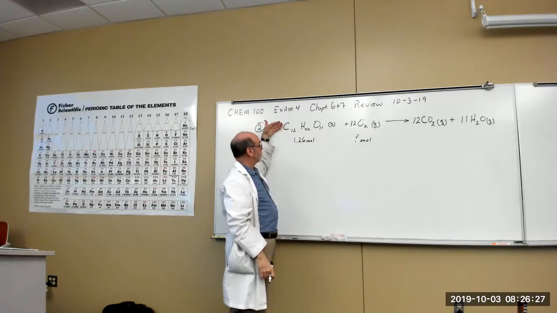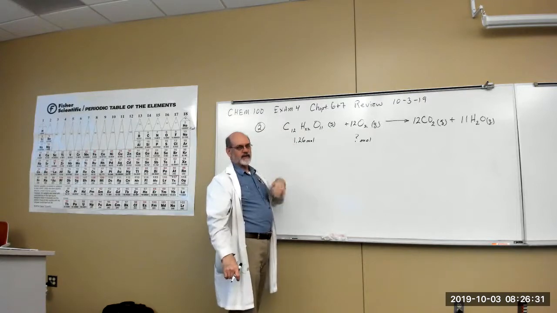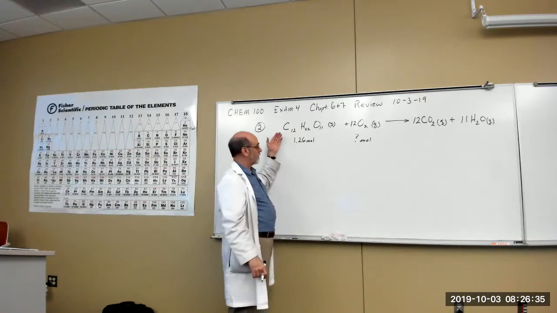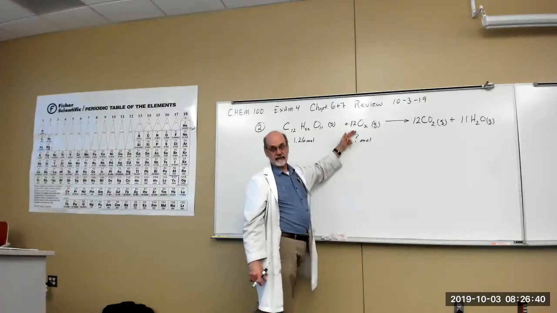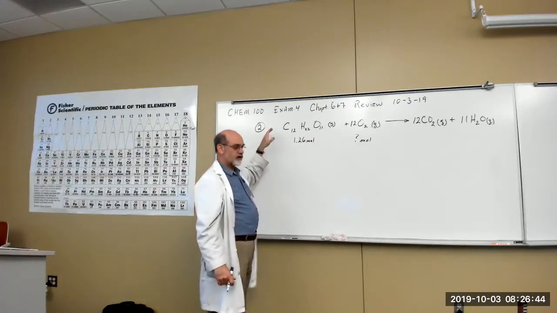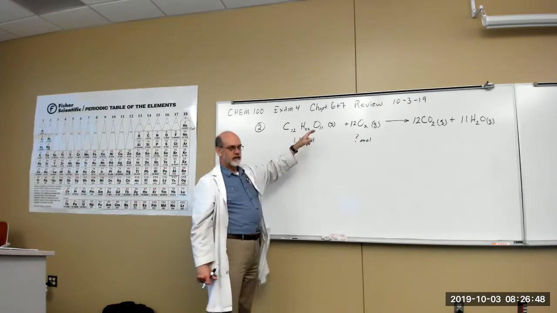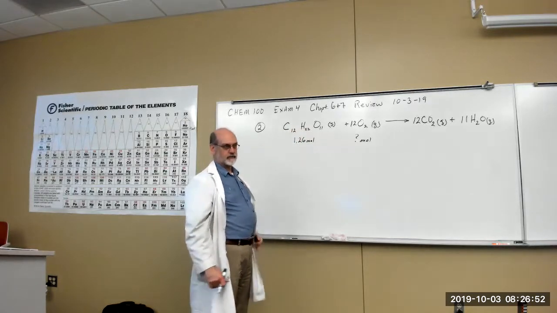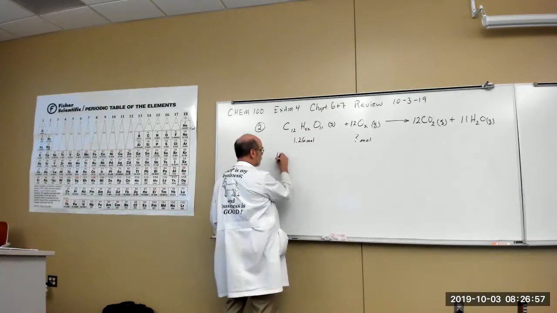Except, well, this is the simplest whole number ratio. You could change them. You could multiply the whole thing through by 2 if you want. But that wouldn't be the accepted. You'd still have the same ratio, because instead of 1 to 12, it'd be 2 to 24, which is the same thing. All right. So the point is, once the equation's balanced, those numbers fix the ratios of moles to moles of each of the reactants and products, which is a good thing, because now we can take this number,